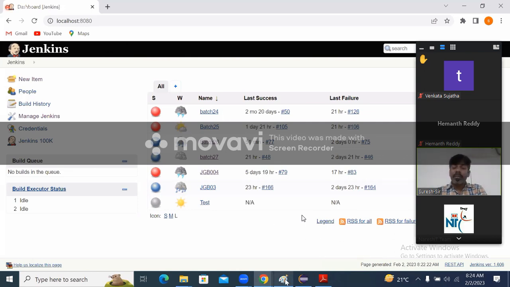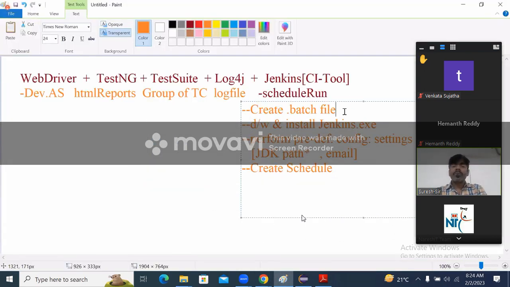Now see our steps. What is the first step? Create batch file. Okay. What is the next step? Download and install jenkins.exe. Done. What is the next step? Perform predefined